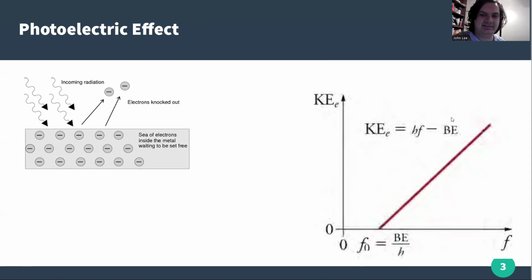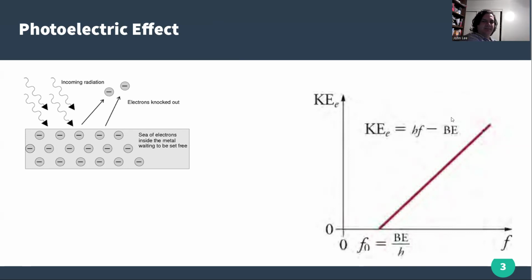where BE is just equal to something called the work function. I don't know why it's called BE in this textbook, but it's called the work function. And what is interesting about this, and what does kind of prove that light is quantum, or quantized,